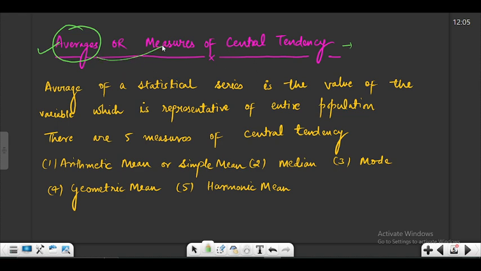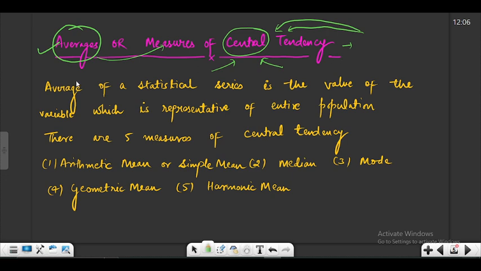The averages are also called measures of central tendency because this is where the values are moving towards in general. A major part of the population, or the major values of the population, are confined to or moving towards this central value. So there is a very high probability that the observations I've taken will lie closer to a central value. We'll talk about these things more deeply as we move ahead. So this is a general idea. Let's see what kind of averages are available to us that we'll be discussing here.